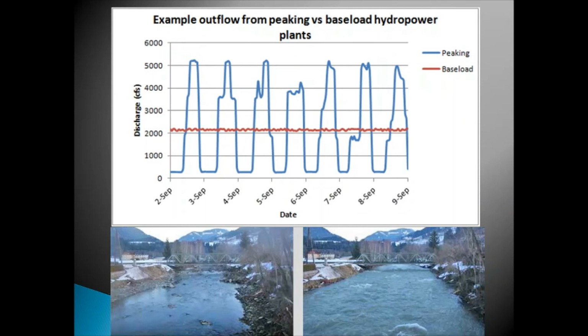One other really damaging thing to the natural flow regime is something called hydropeaking, okay? And what hydropeaking is, is a change in stream flow due to a hydropower plant needing power, okay? So they basically open the floodgates and let the water flow to speed up their turbines, okay? So this is a stream, I think somewhere in Colorado, I forget exactly, but you can see this is the same day. This is early in the morning, and then this is later in the day